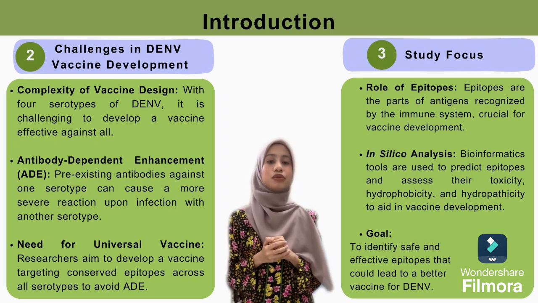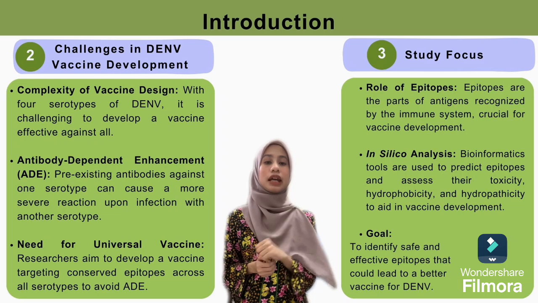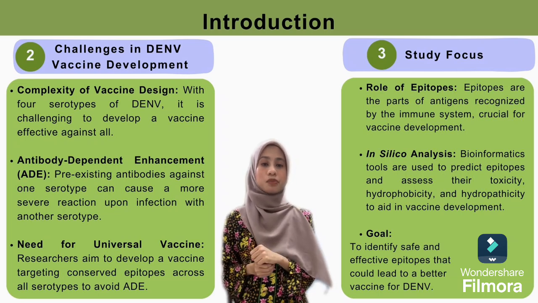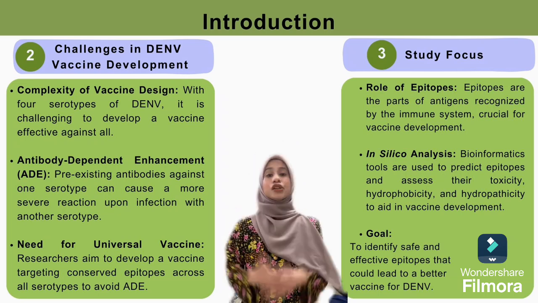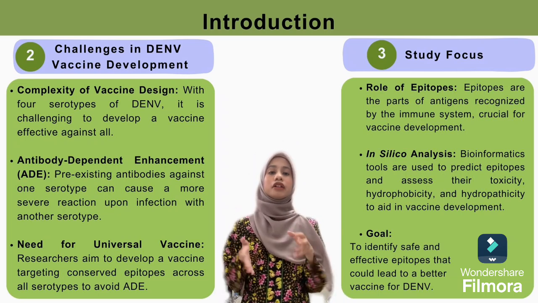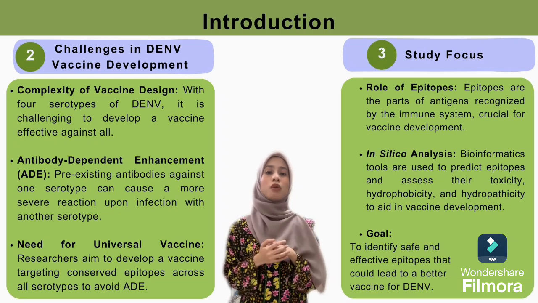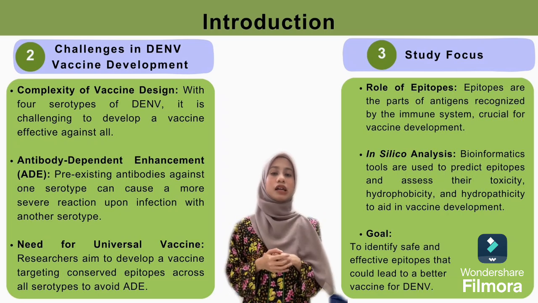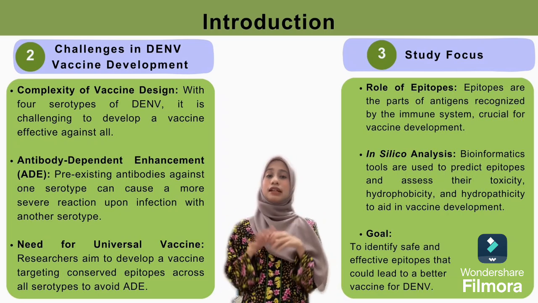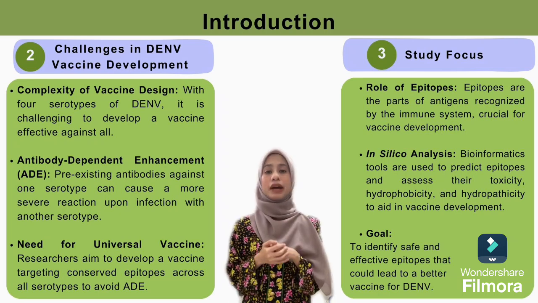So, scientists need to design a vaccine that works for all 4 serotypes without triggering ADE by targeting conserved epitopes, or parts of the virus that remain the same across all serotypes. So, what are epitopes? They are the parts of the antigen that our immune system spots and attacks, like the enemy's weak spots in the battle. This is important for vaccine design because it determines how well the immune system fights the virus. I'm using bioinformatics tools as it is cheaper and can quickly and safely identify effective epitopes for a better DENV